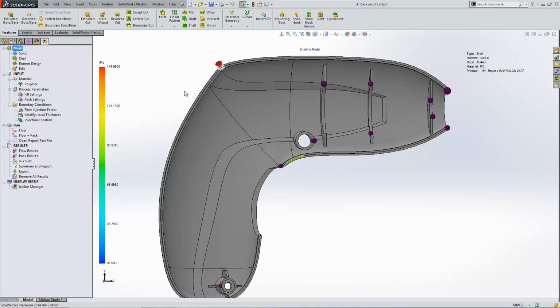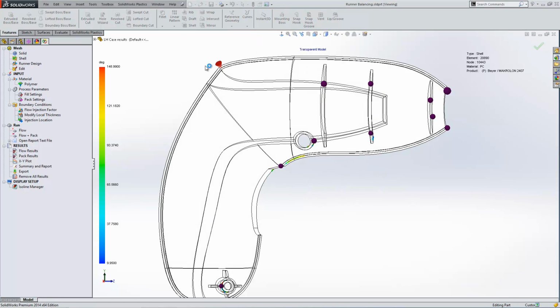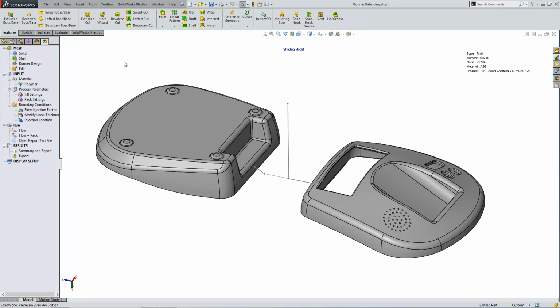One of the ones I want to have a look at is runner balancing. This design represents the two halves of one injection molded part. You'll see that they are different sizes and different shapes. Within SolidWorks Plastics, you can see that this model has already been meshed with a shell mesh. What I'd like to do is design the runner system for this particular model, and I can do that using